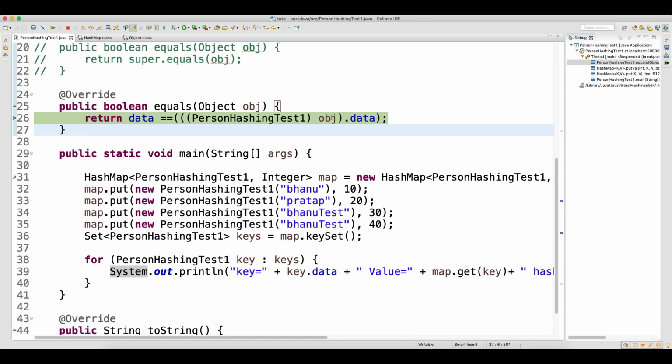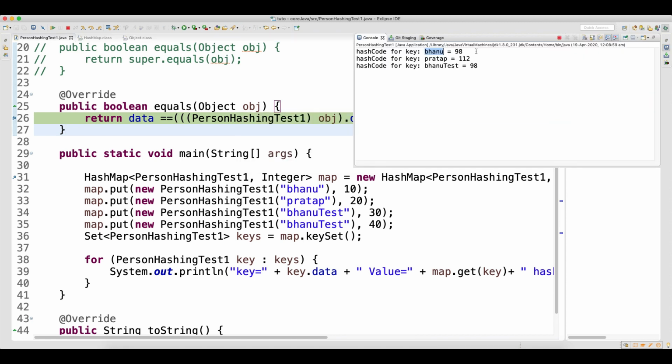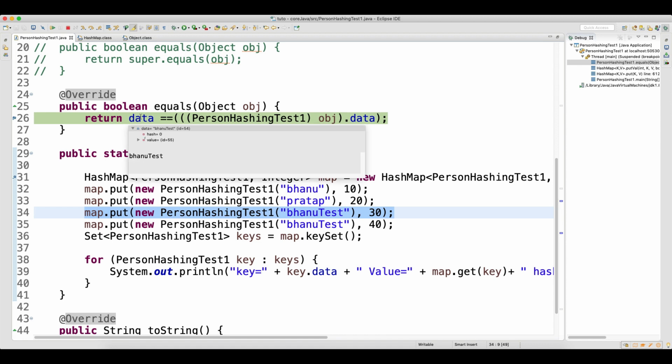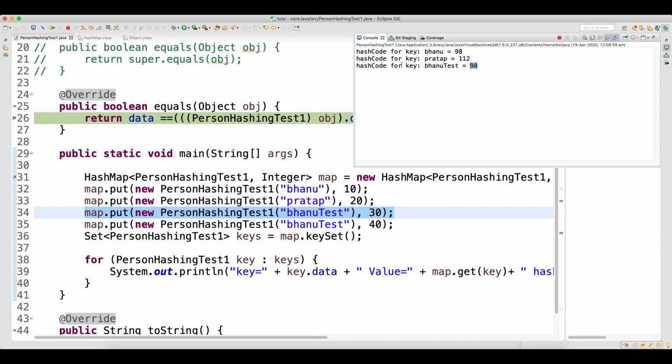You are overriding it. So when you place the mouse over there, look at this. This is your object. This is your old object which is already there in the memory. That's what I was trying to say, that this is the old object where the data was Bhanu. You can see that this data was Bhanu, right? Now what is the current data? This data is Bhanu test, because you are going to store this data, Bhanu test. So now though the hash code is same,